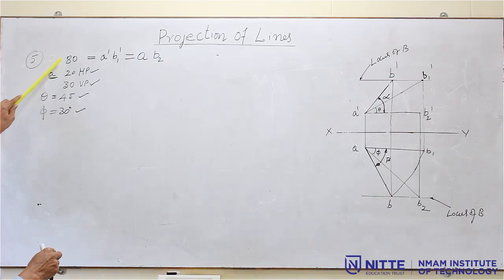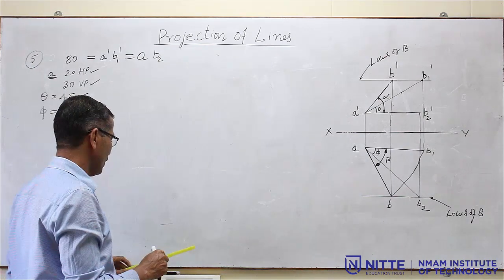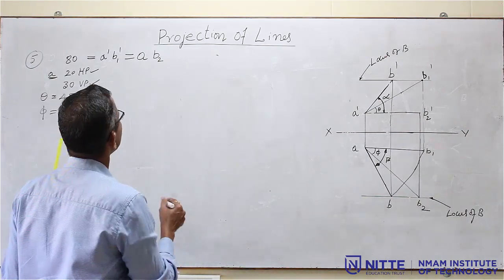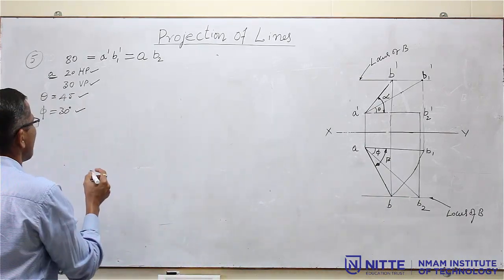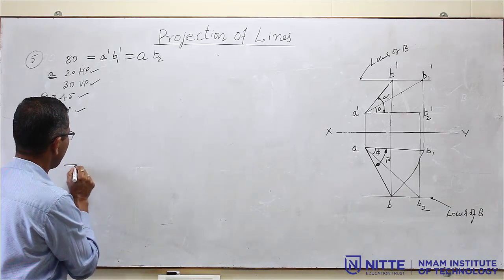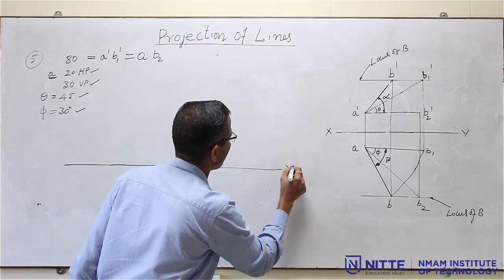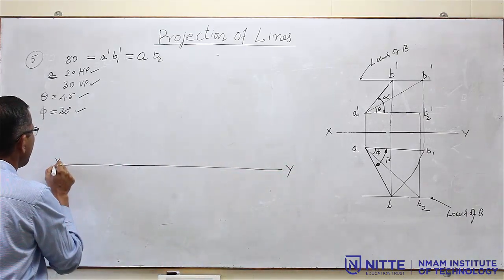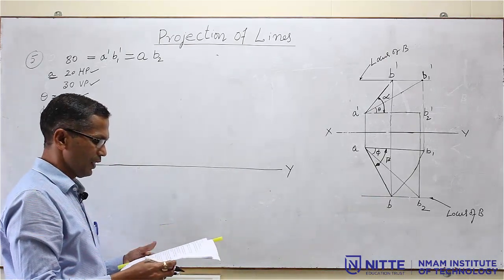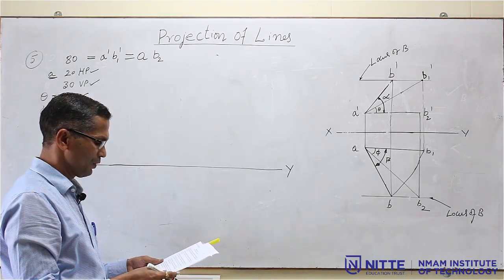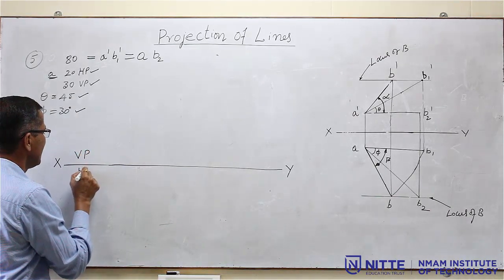So, you count how many data are given: 1, 2, 3, 4, 5. So, a minimum of 5 data or pieces of information should be given to have the solution. Now, in this type of problem, probably the profile views will not be asked. If they ask, then only it is necessary to draw, otherwise it is not necessary to draw the profile view. If they mention the profile plane, then you have to go for the profile view, otherwise it is not necessary. So, here they have not mentioned the profile plane. So, it is not necessary to draw the profile view, simply draw the VP and HP.